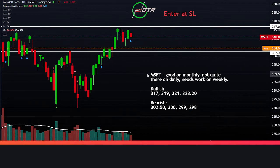Again, because of this disappointing daily volume, it's hard to be super convinced in this trend and hard for us to argue that there's a ton of momentum here. So again, want to be a little bit cautious and look to enter at where the stop loss would have been, and then give ourselves an opportunity to be insured while the market makes lower